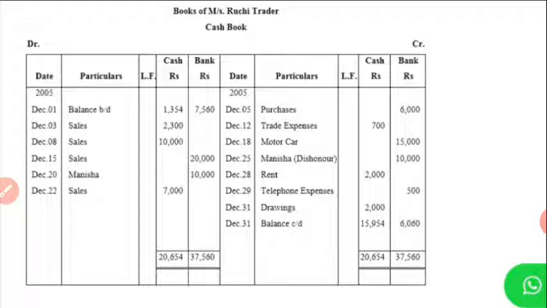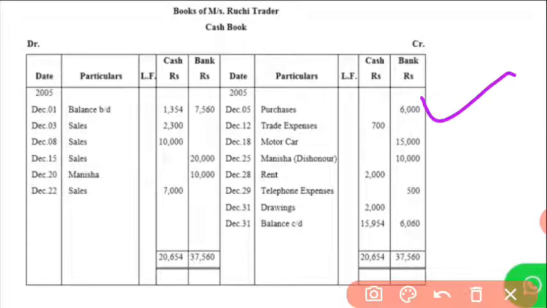Okay, so after that, now on 5th of December there were purchases, that is purchases is our expense, so here you have to record it in credit side. I already told you in the explanation. After that, on December 8th, this is our income, that is why we have to record in debit side. Then after, on 12th December, it is our expense, so record it credit side.